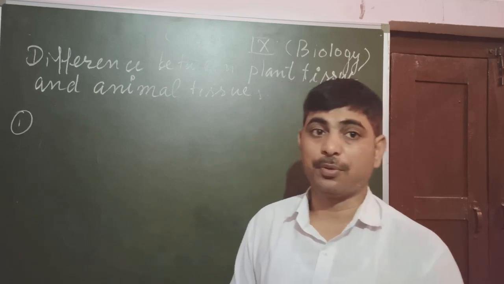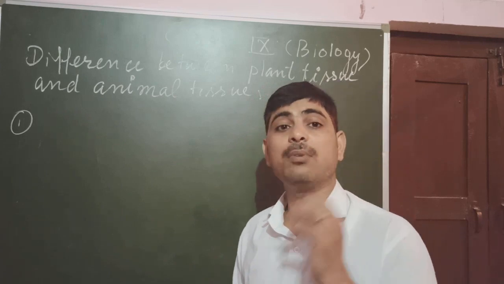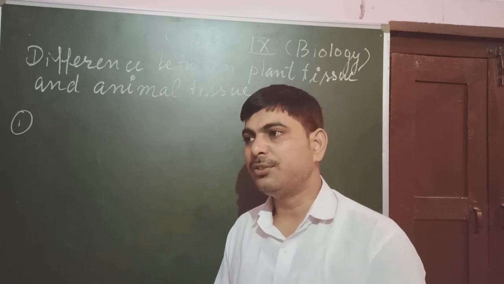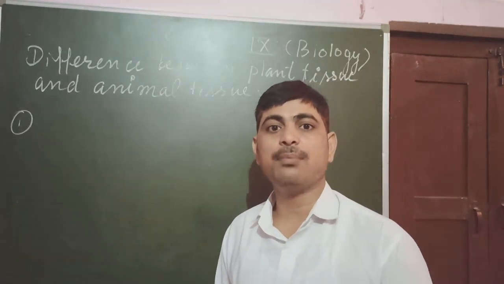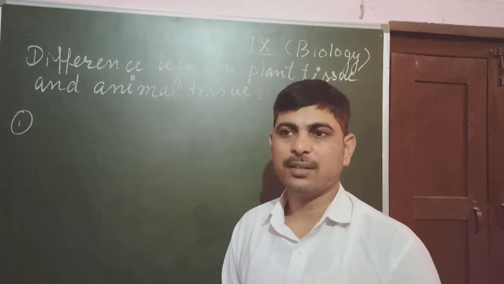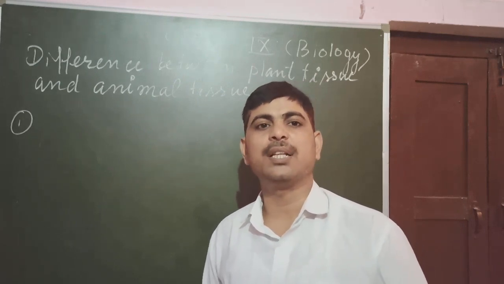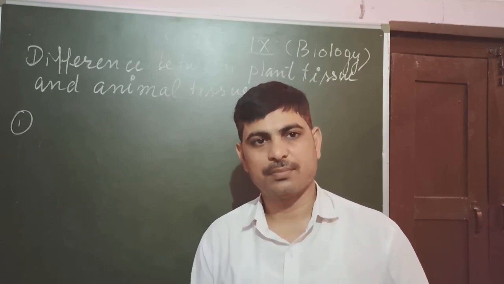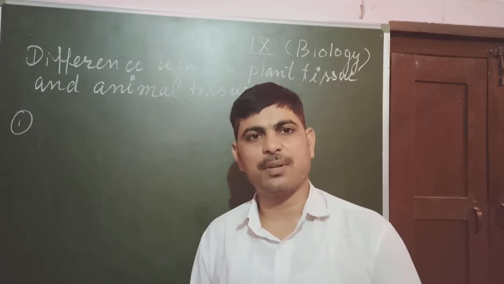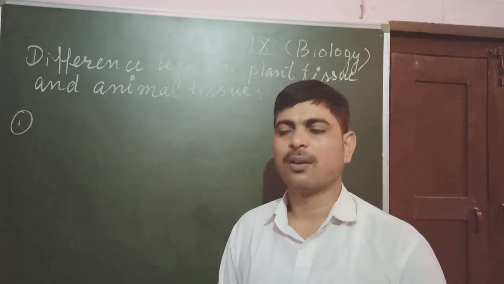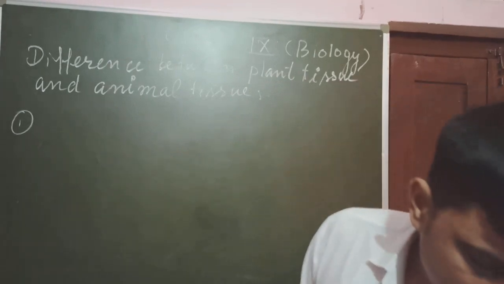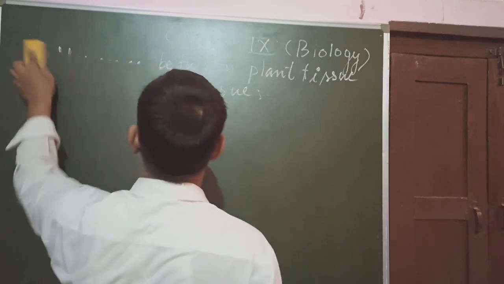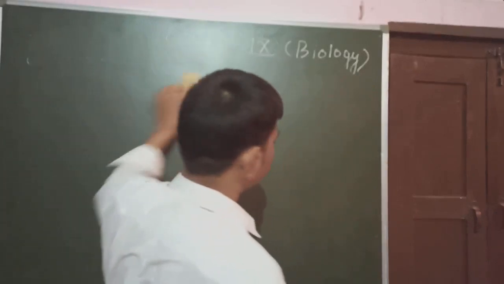Just like if we want protein, then we are not able to synthesize protein and we are not able to take the direct protein. We need to take some diet which is rich in protein. Okay, so the protein we can digest, we can consume, and the rest of the unwanted material is produced as waste. Okay, while in case of plants such type of activities is not there. Okay, now let's study about the types of tissue.